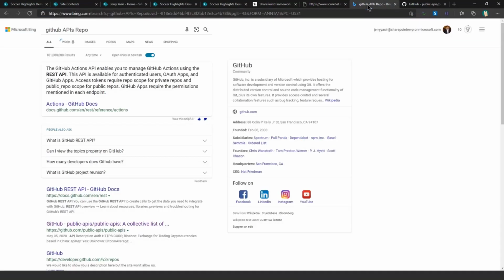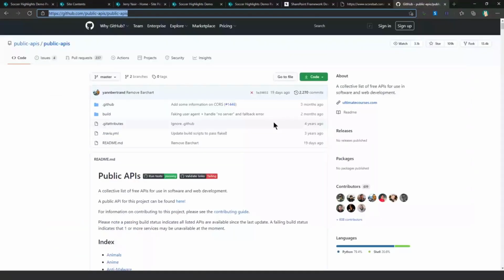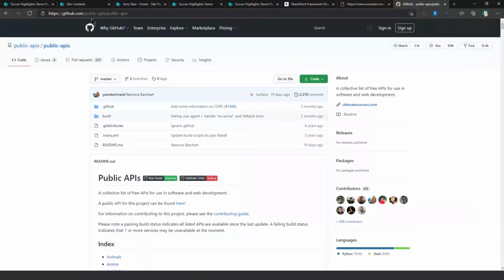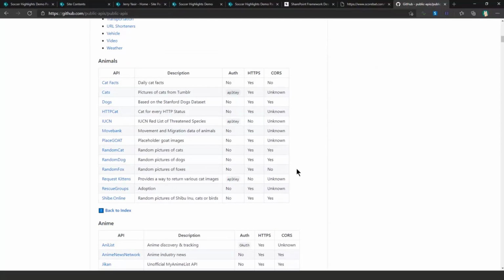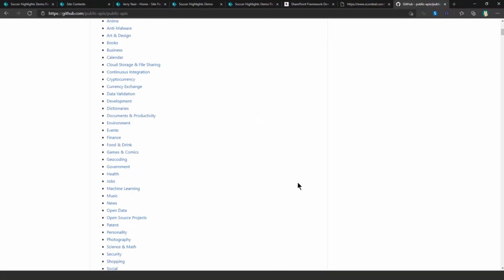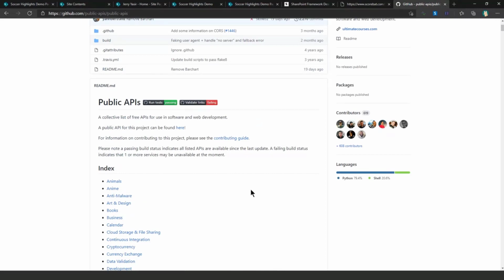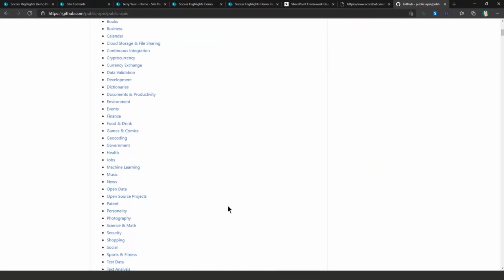In terms of the GitHub repo, it was right here. This is the API. You can go there and search for GitHub public-APIs, and you can see that there are lots of APIs available. You don't have to use the GitHub API for your first web part, which almost everybody uses. You can pick any of the APIs from here and play with it, because every API works differently in terms of how you call it.